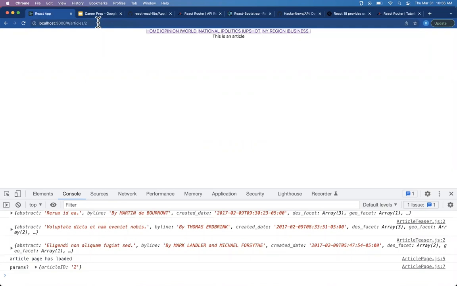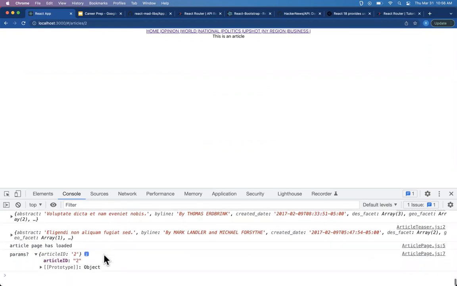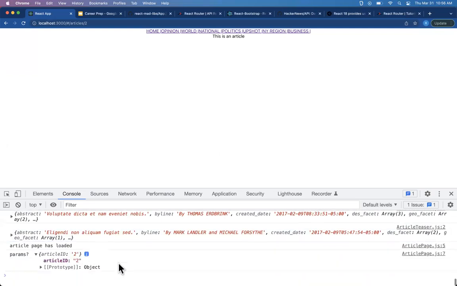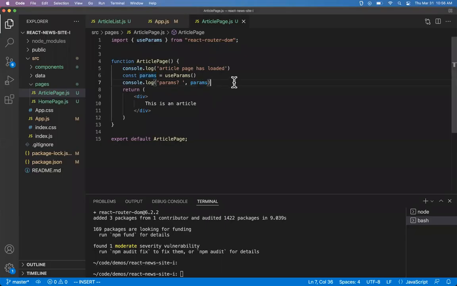Okay, so I went to article/2. Now I can see the params that I got from useParams is this dictionary, because there's only one URL parameter in this URL, just the article ID. And so it's given that to me here. Article ID is 2. So that's great. That's exactly what I was hoping for. So now that we know which article we're looking for,